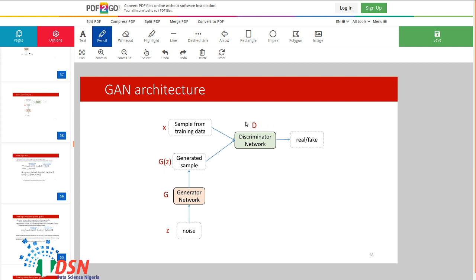On the other hand, the discriminator tries to discriminate between the real images and fake images. So this is actually a two-player game. The generator network tries to fool the discriminator network, but the discriminator network wants to make itself more powerful to be able to discriminate between the true distribution and the fake distribution.